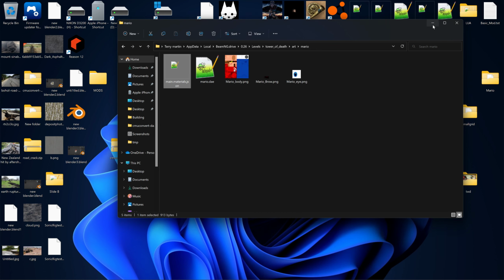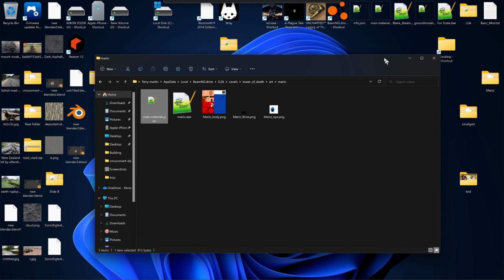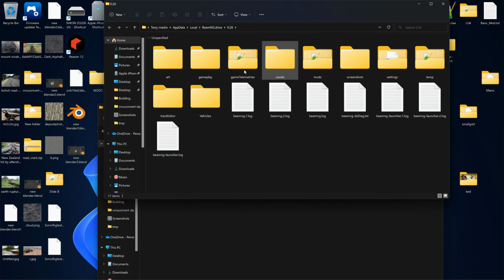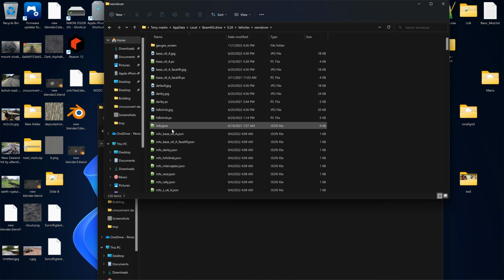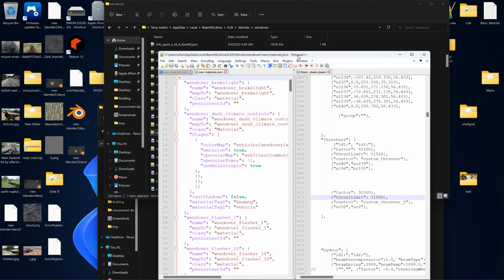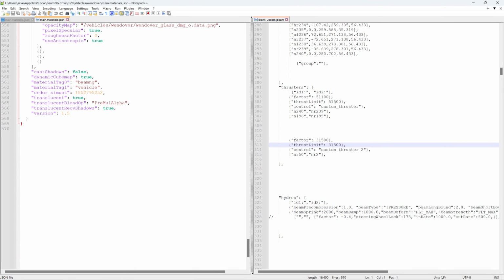Now anytime you make a mod, there's certain things you need to make it. But when you're dealing with a car, a lot of stuff's already there. So in this case, with this Wendover, we'll go to its main.material.json, open it. And then at the very bottom of it, after the very last texture, we'll hit enter, and we'll make one of these brackets here with a comma. And then